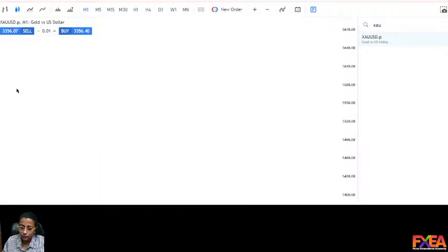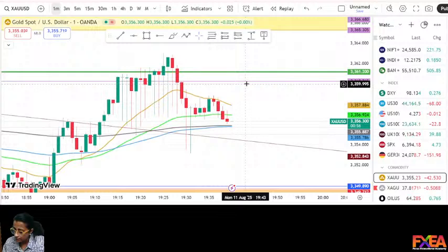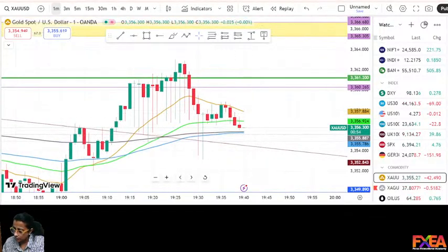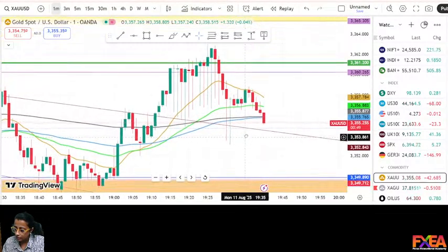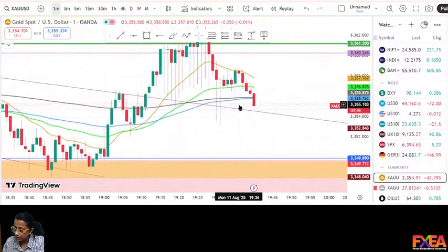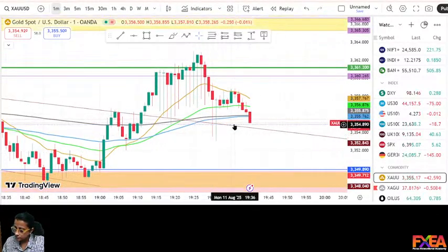If it was 1 mini lot, I would have got $13. If it was 1 lot, I would have got $130. So it is in the 1 minute time frame. Even though we usually go with a higher time frame like 5 minute or 15 minute, when it comes to gold or BTC, it's falling down from the 1 minute time frame. Those who kept the trade right now would be profiting a little more. It's falling down.